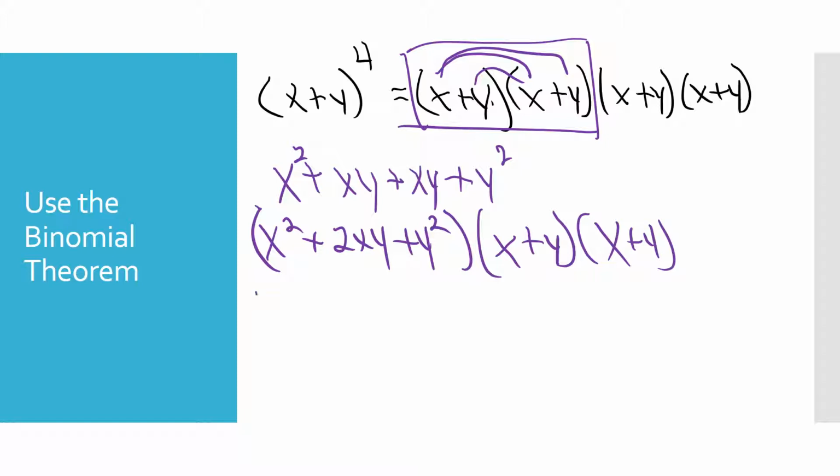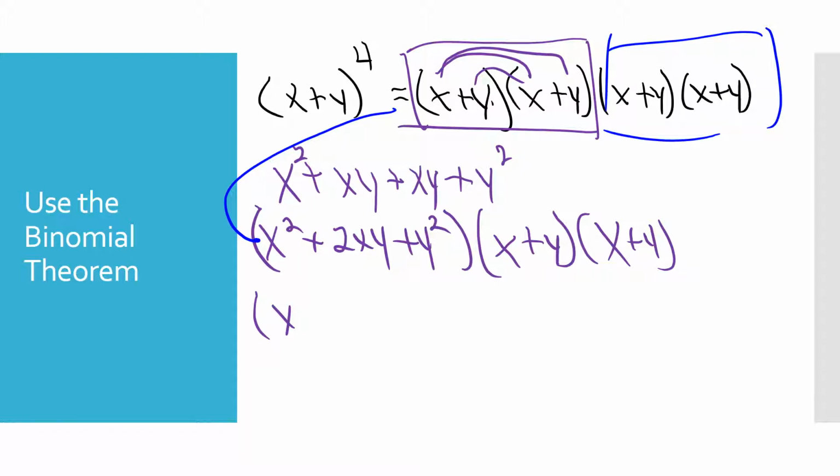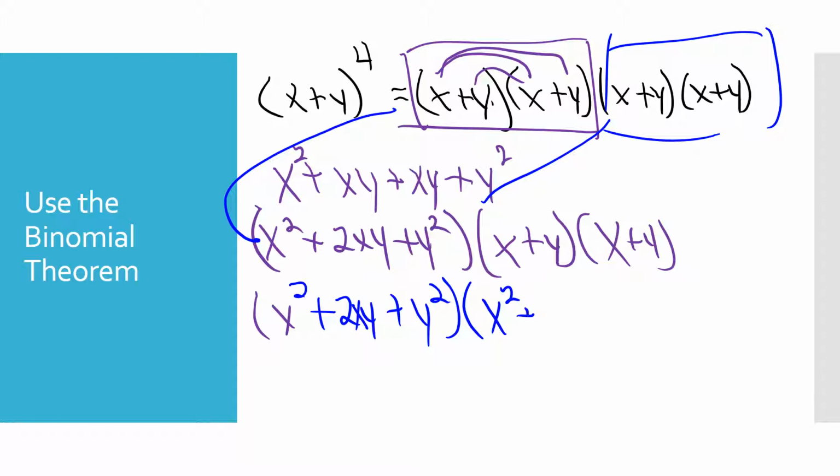Well, I could end up here with x squared plus 2xy plus y squared, since x plus y squared equals this, times x squared plus 2xy plus y squared. And I could sit there and FOIL that trinomial,